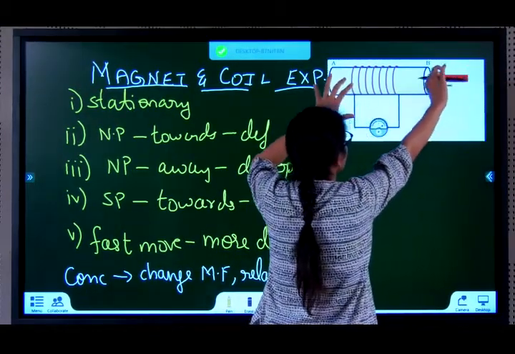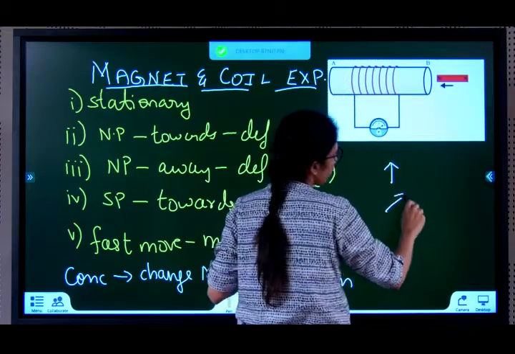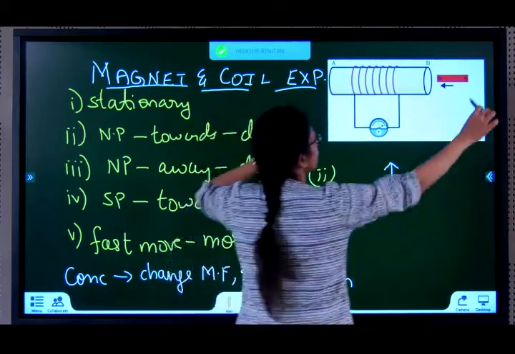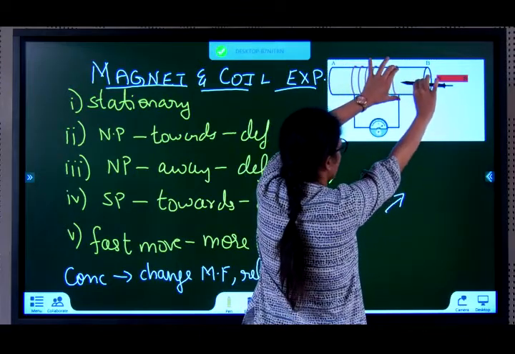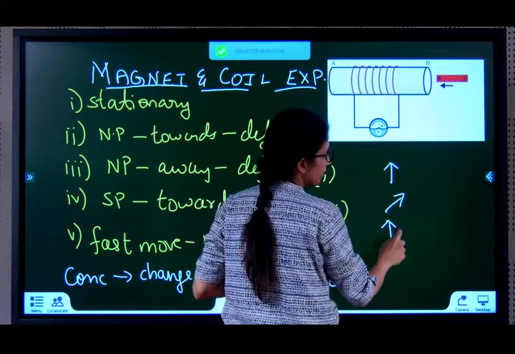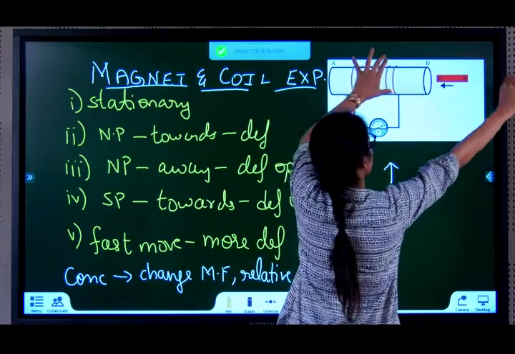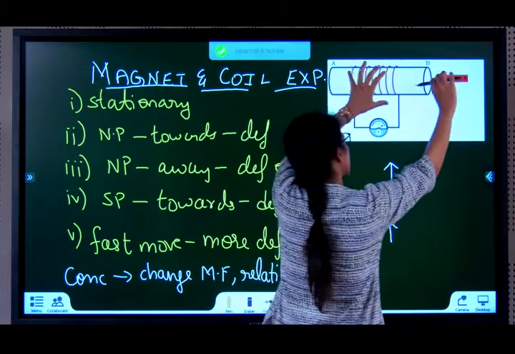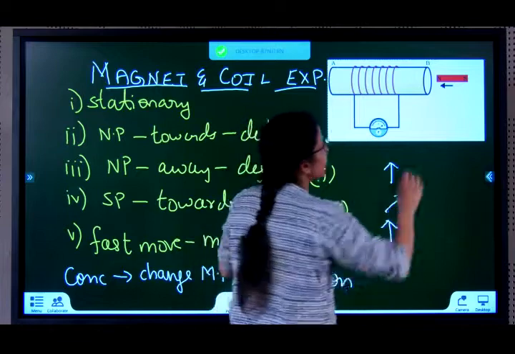If I bring the north pole closer, we see that there is a deflection. Now, the north pole has come closer and now it is inside this tube. Now, I stop. Will the deflection continue to be there? No. It is back to nothing, no deflection. Now I take it away. If I take the north pole away, there is a deflection but it is in the opposite direction.